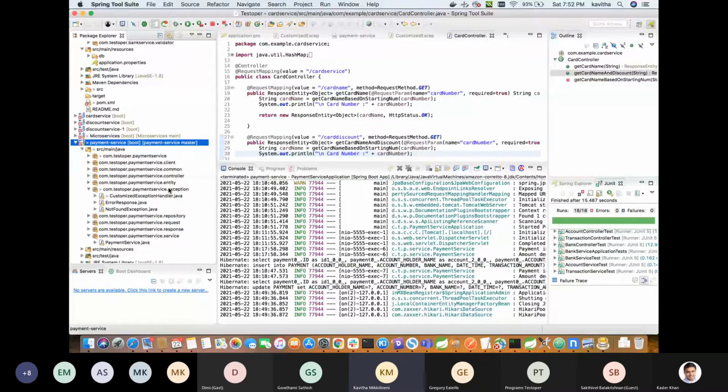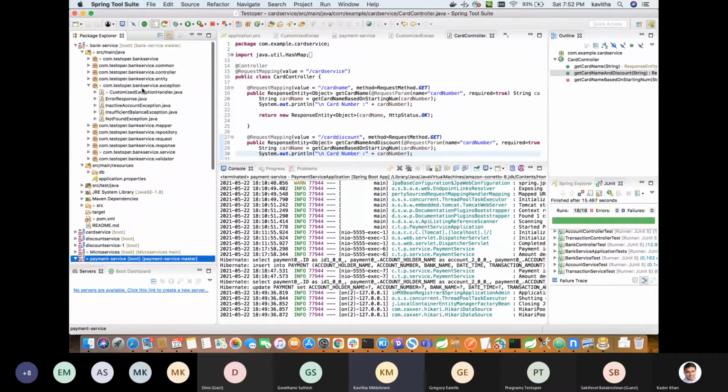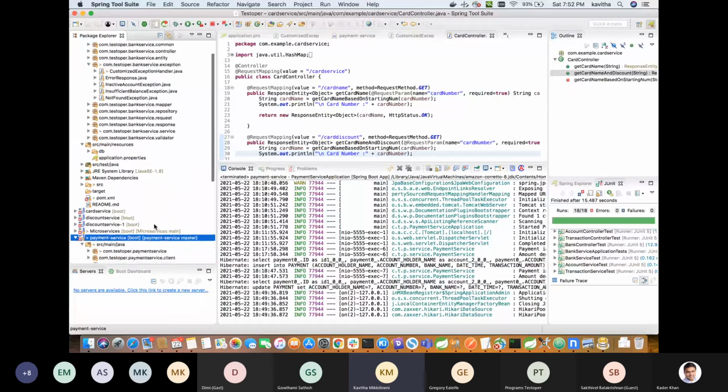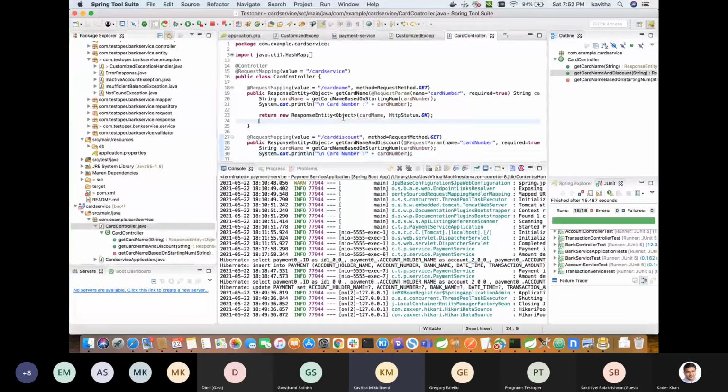If you are doing a payment, for example, on a shopping cart, I give the details, and we deduct the amount, right? So we have replicated a similar use case. It may not be a 100% real-time use case, but we have just replicated this. So payment service will talk to bank service to establish the communication.